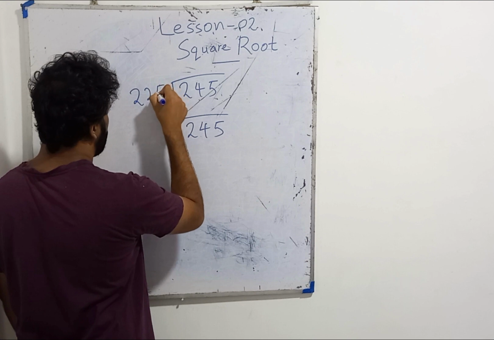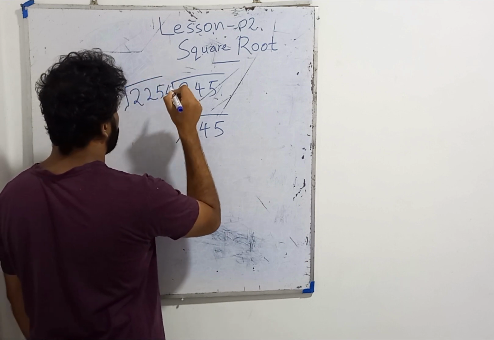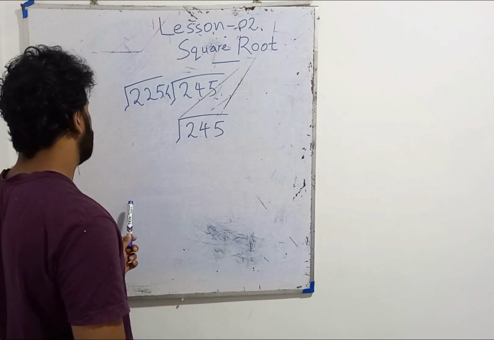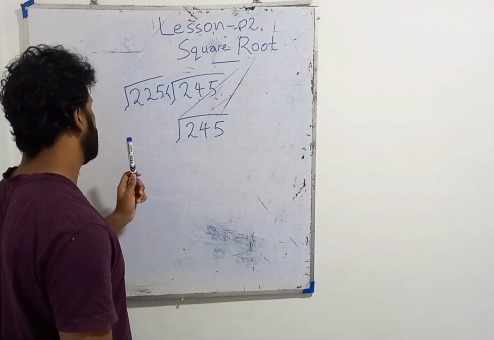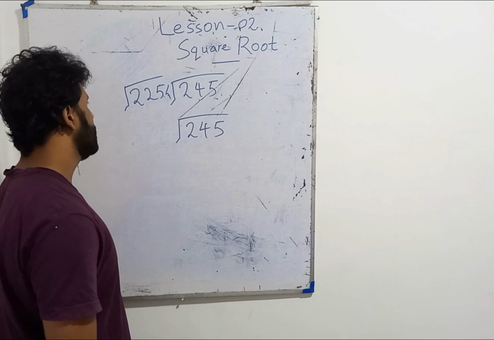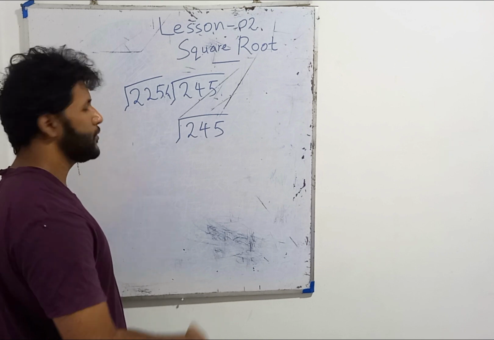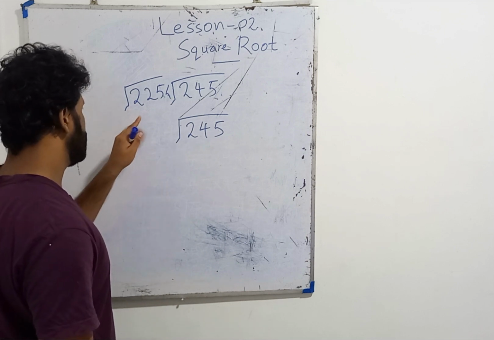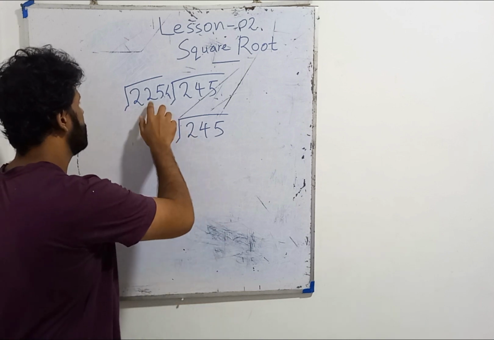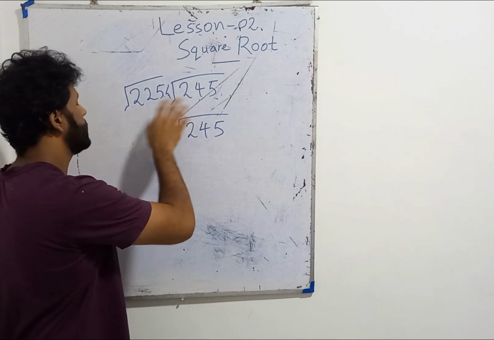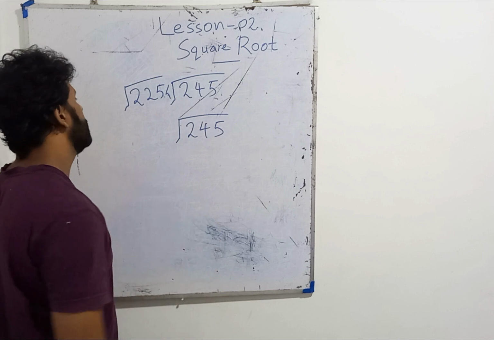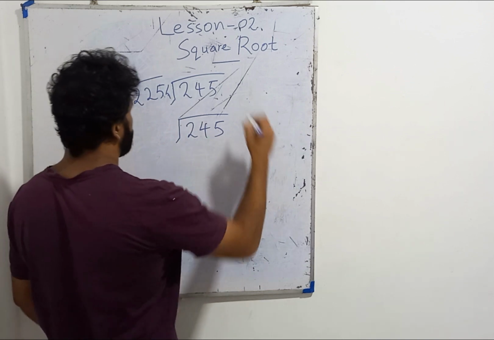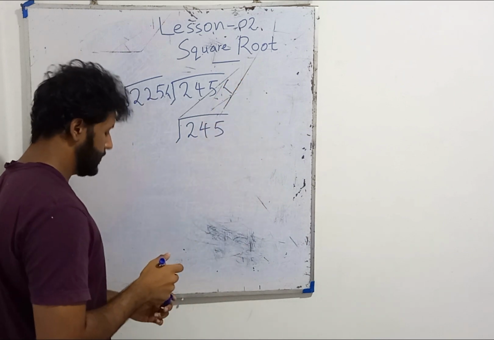225. I hope you saw my latest video. You have to watch one of my previous videos. I think I actually taught a maths trick in that video. These things are going to be very easy, like perfect square numbers which end with 5 at the end. Then the next one, this is 15, like